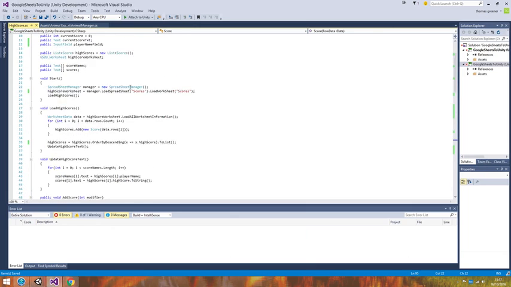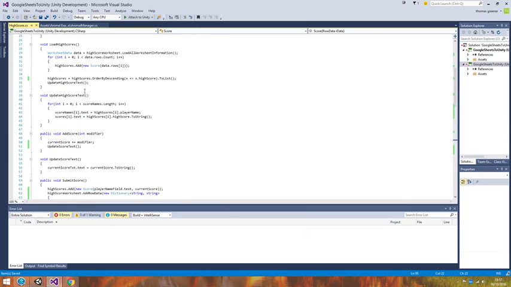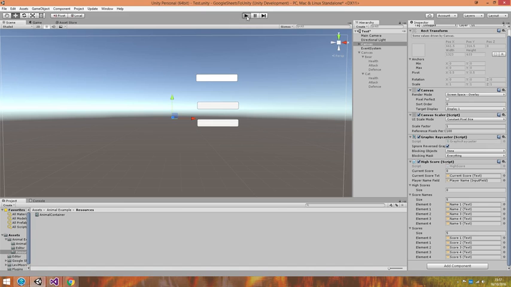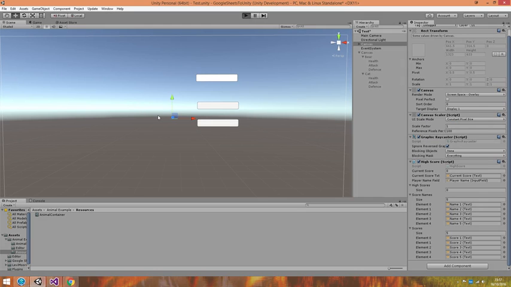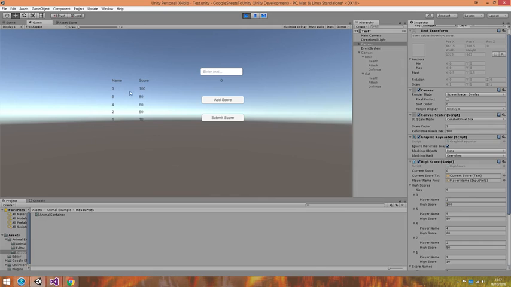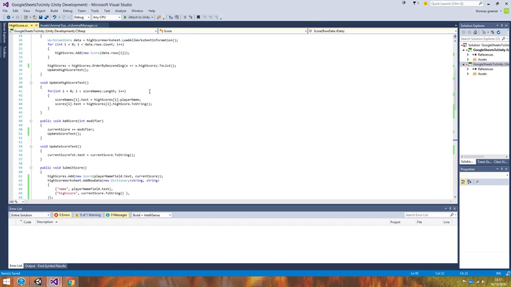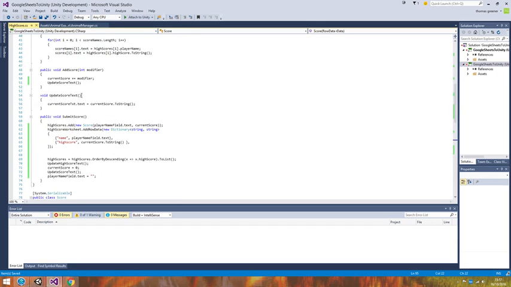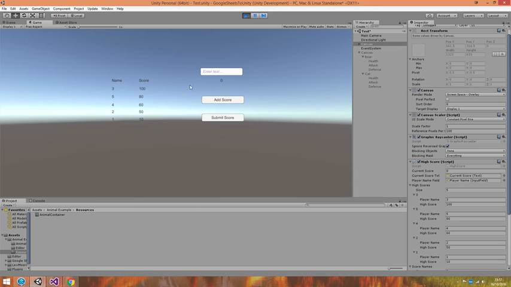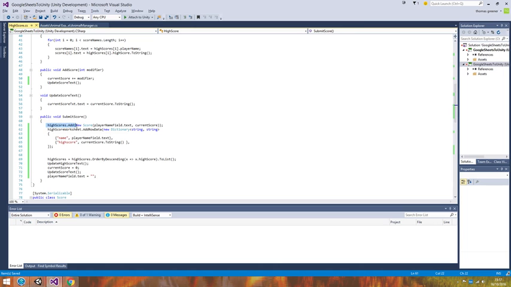So if we go back up to here, and I click play, we get our scores in order from highest to lowest. What I've also added here is a simple update. I click add score here, I get a bit of score, and we can add the name here. What would happen when I click submit score is we're actually going to add a new